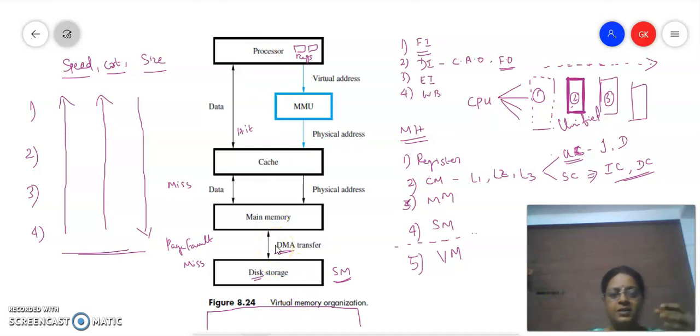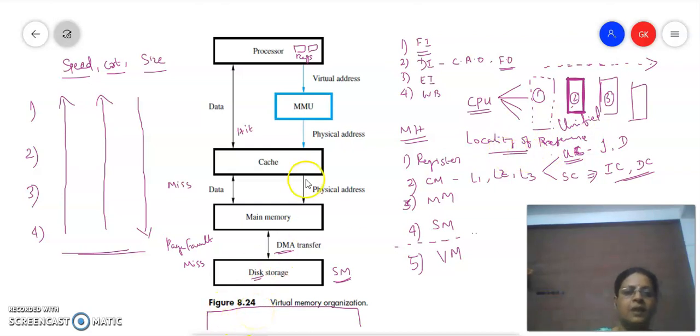If my application size is going to exceed the secondary memory size, still I will not say no. I will make the partition, load the partition in the secondary memory, then I will be executing. So to appreciate the behavior of the CPU, we look at the reference pattern, which is otherwise called locality of reference. This is a key property of the processor, and this key property of the CPU is what introduced the concept of virtual memory.